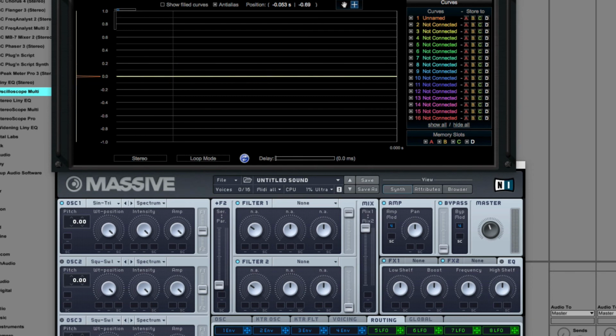Alright, so the sample and hold effect is a classic sample and hold effect. It samples the incoming audio signal at a given time interval, and this sample is held until the next sample is taken. This results in a stepped, temporally quantized audio signal. The pitch control controls the time interval at which the signal is sampled. Higher settings result in a higher pitched effect, while lower settings result in a deeper distortion. You can see on the oscilloscope